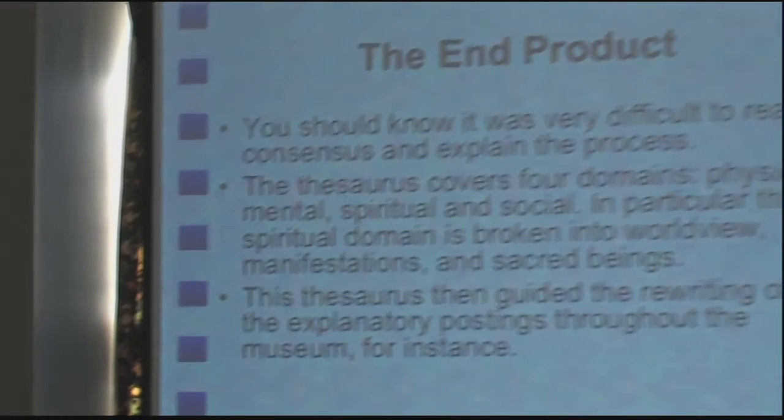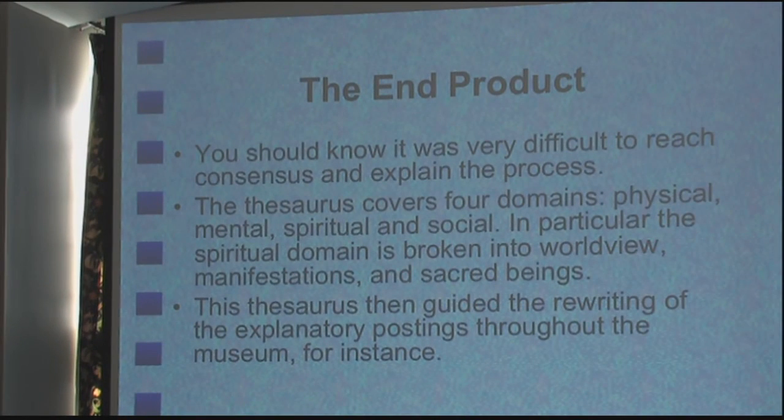But what she described also was the fights they had and the acrimony that went into this. None of these kinds of projects are easy. They're not a cakewalk. People care, and they say, no, that's not the same thing, that's different. And the four domains are physical, mental, spiritual, and social. It's interesting, right? Because if you look at the Art and Architecture Thesaurus, it's materials, processes, place, time, things like that, Ranganathan kind of stuff. And this definitely goes in a slightly different direction.